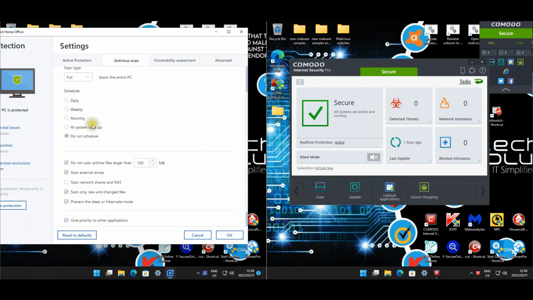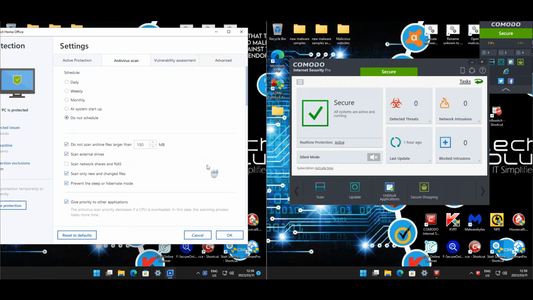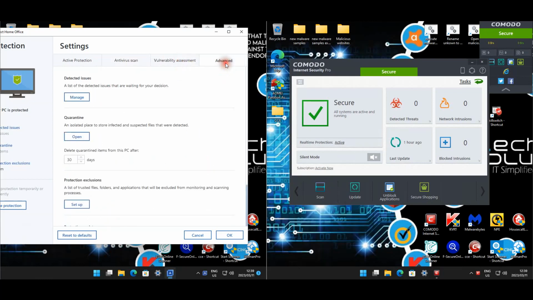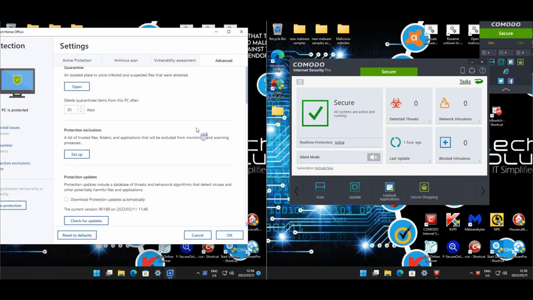Antivirus scan, full scan is disabled. I don't want scans to run during the test. We used the 150 standard as sizes to scan up until 150. Vulnerability assessments done. And then we have